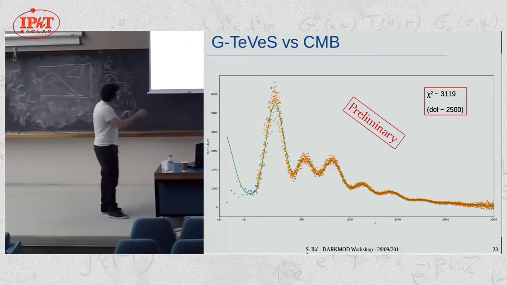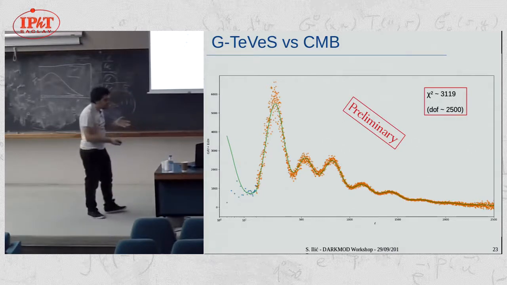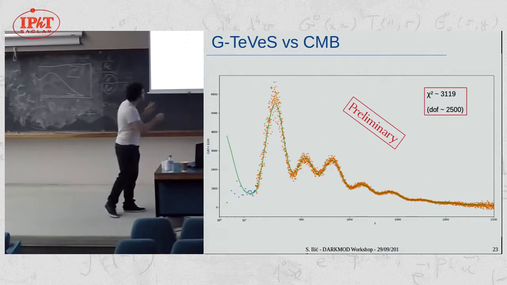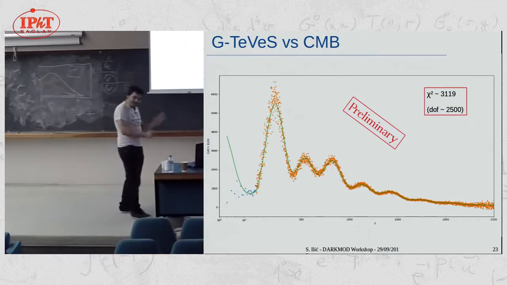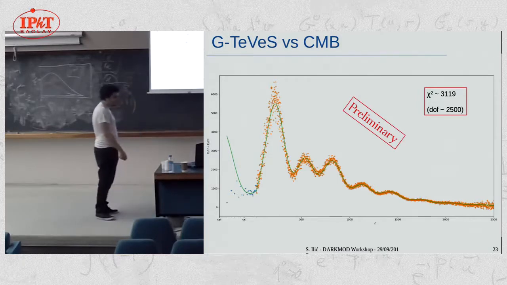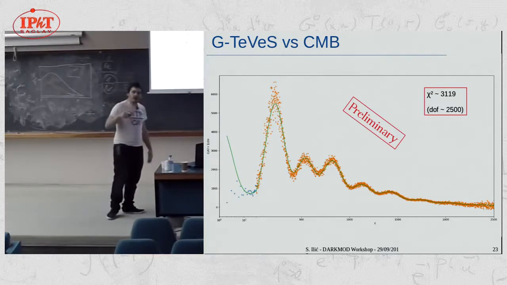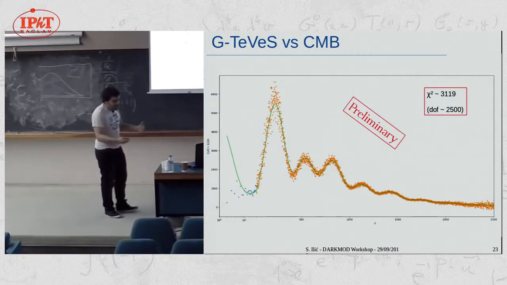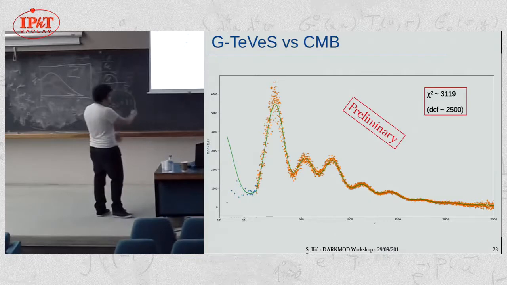However, I just again want to repeat that it's still a work in progress. We're still in the exploring phase, so I probably won't be able to tell you right now exactly why it works so well, but it's something that we're actively working on. One thing that I can mention is that it seems that the best fit model tends to require the k-gal term to be close to 0, which is kind of bound to lead to some trouble in solar system tests. But still, it's quite interesting.